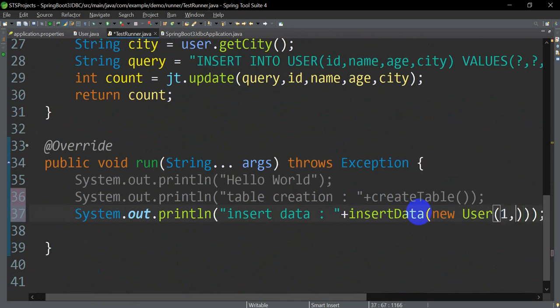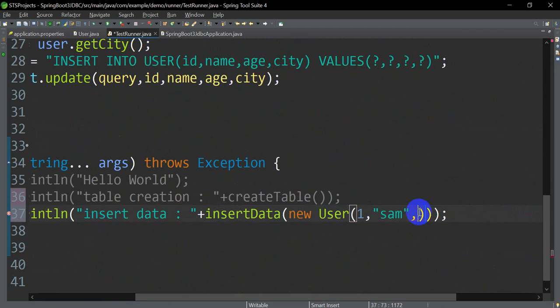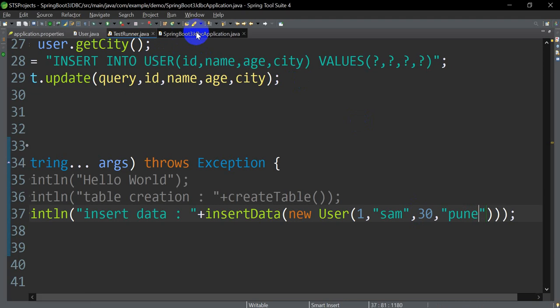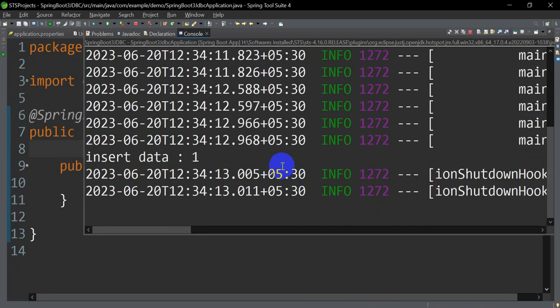So the id will be 1, name as Sam, age as 30, and he is from Pune. Now if I go to this application and run this, Control F11,